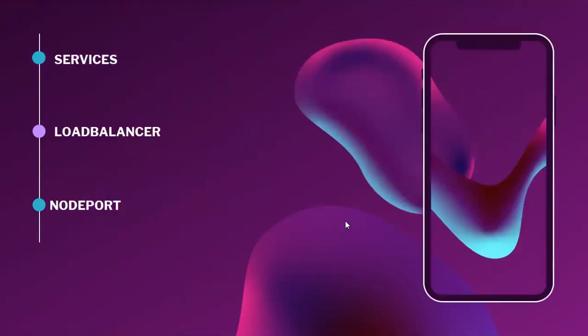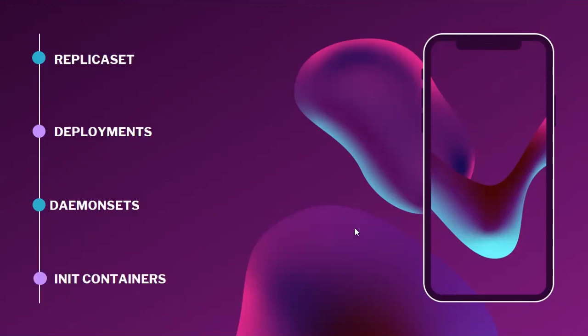and services. In services, how to configure a load balancer, how to configure a node port. And replica sets. How many replicas do you want? Basically as clones. And deployments. When it comes to deployments, what kind of deployment do you need? Either rolling update, or I need to replace immediately, or Canary or Blue Green. So we are going to discuss everything with hands-on.